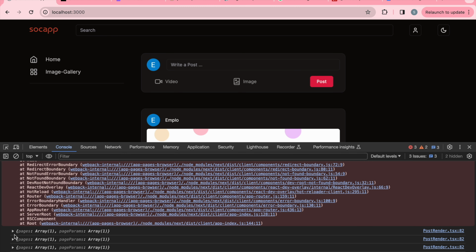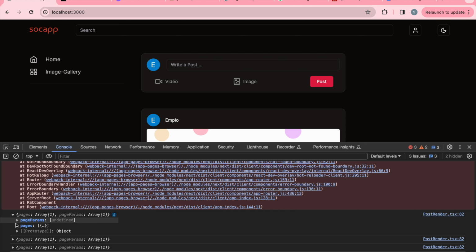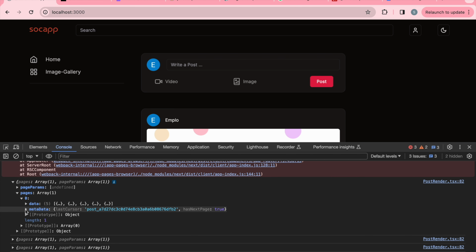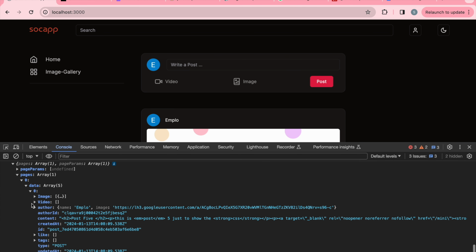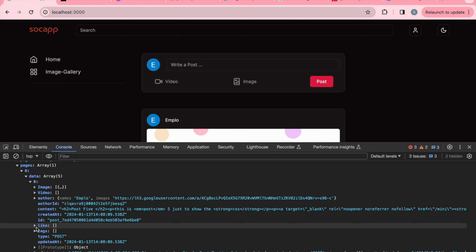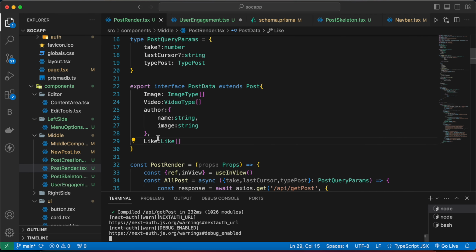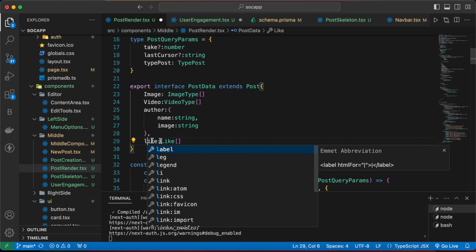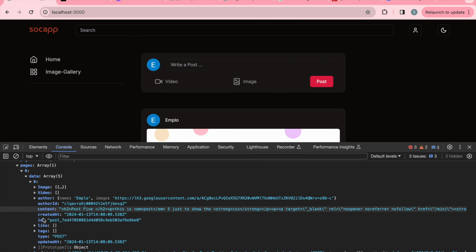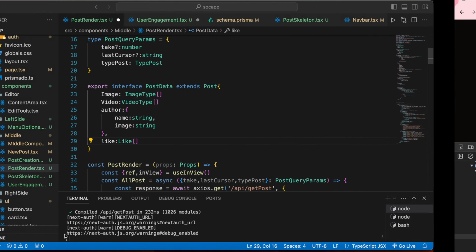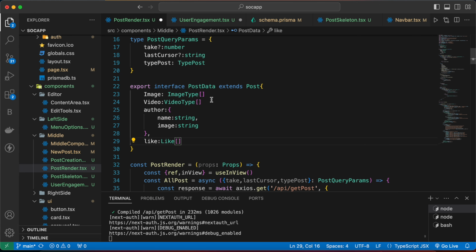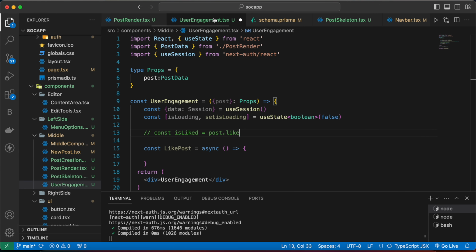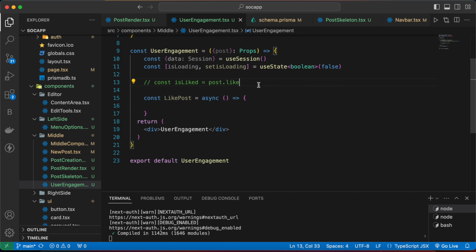So in the data, as you can see here in the pages, we have like, so name is like, so it will start from the small letter. So you need to check what kind of data we are getting here, and based on that you can change the type here. Now let's go here, and now we can uncomment this